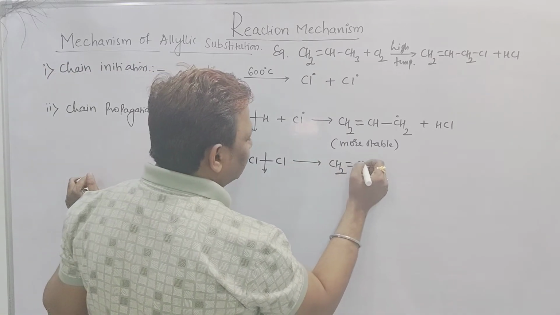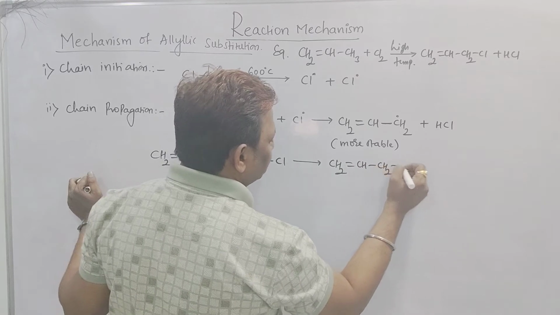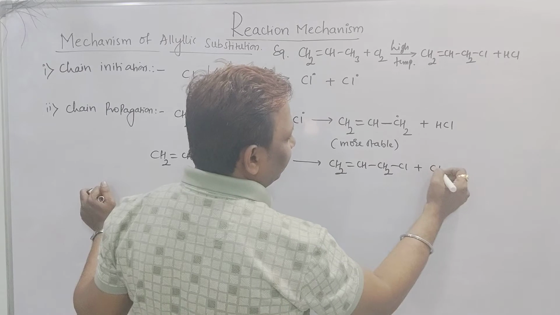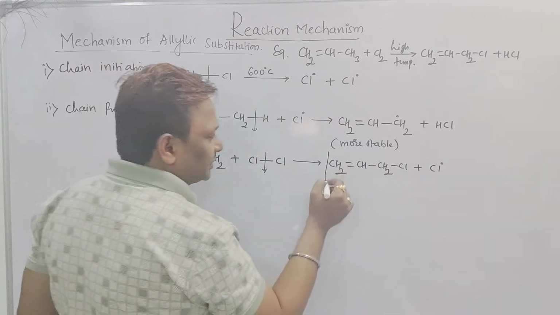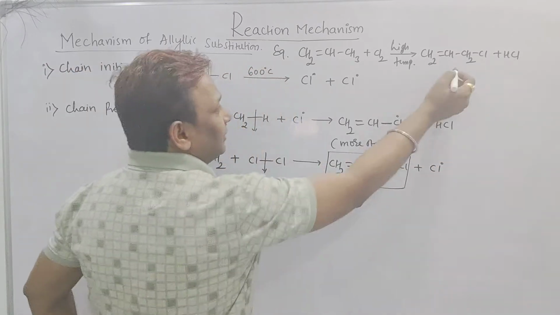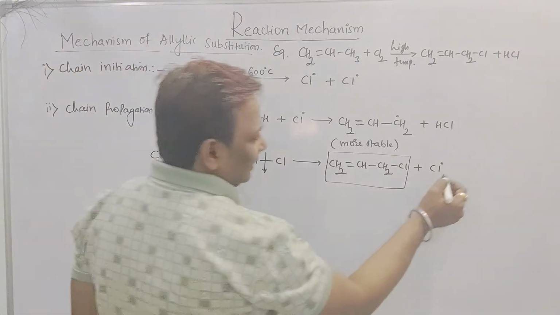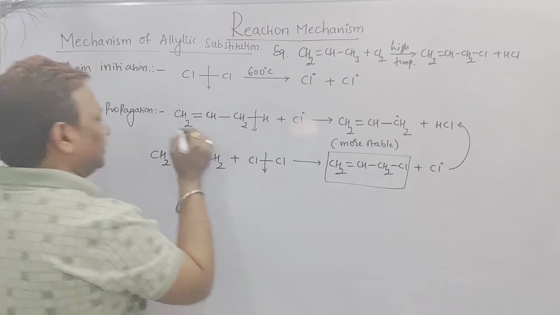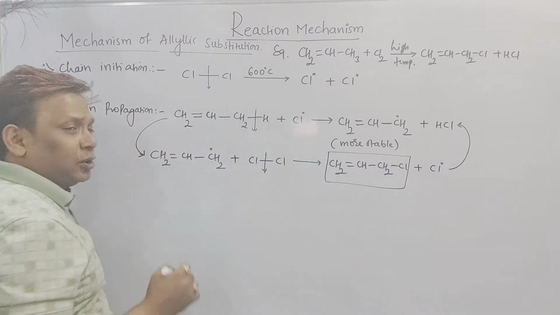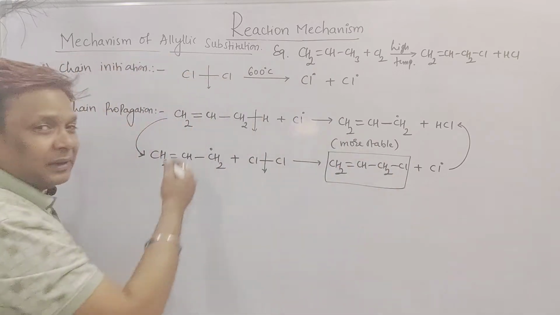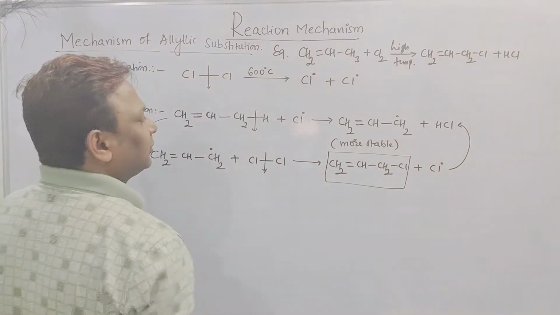And we got the actual product that we required: CH2=CH-CH2Cl. Plus what happened, beta? Again the Cl radical came off. See, beta, this is the only major product we required, and we got it here in the propagation step. Cl radical will attack here, and again it will come back. Did you see it in my previous video on halogenation of alkanes? In propagation, the reaction repeats continuously and forms the product.